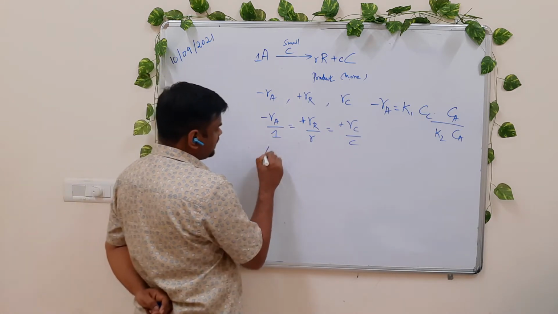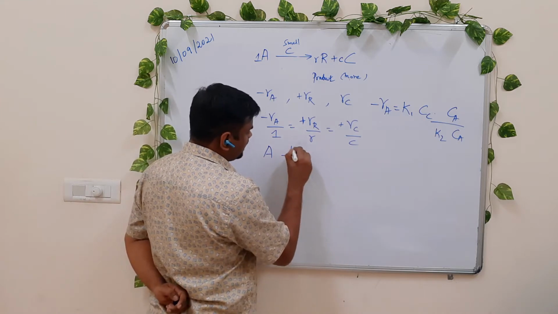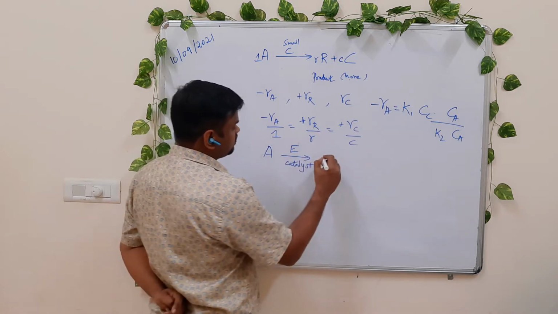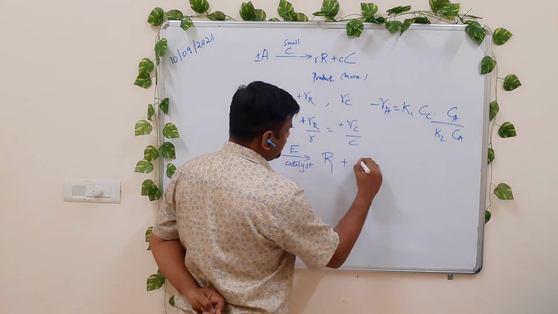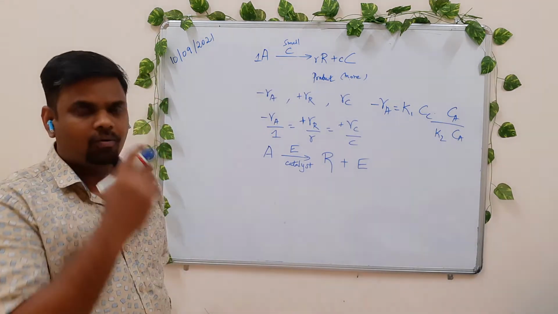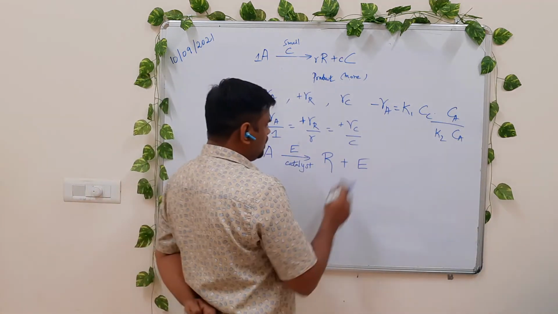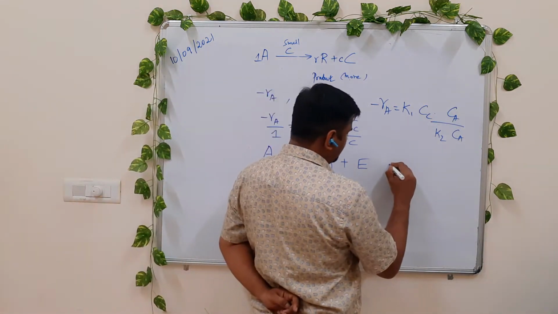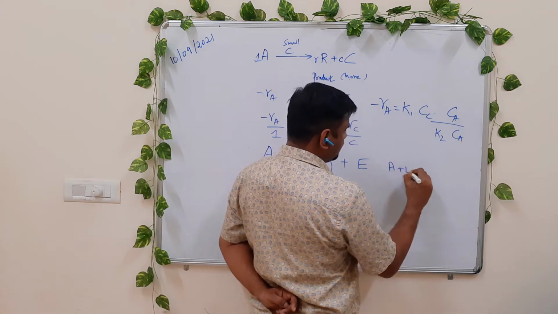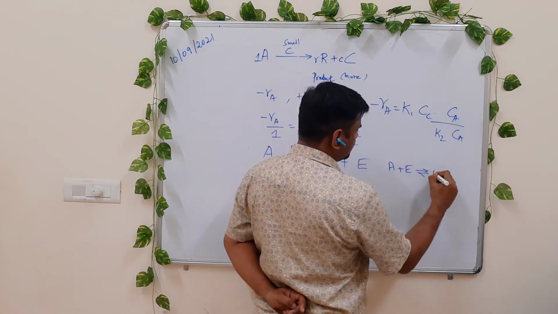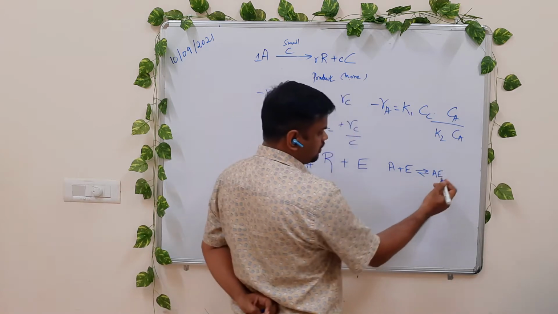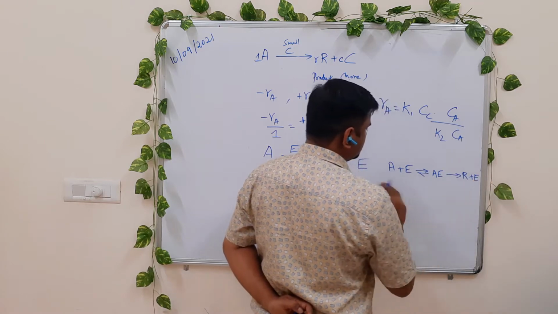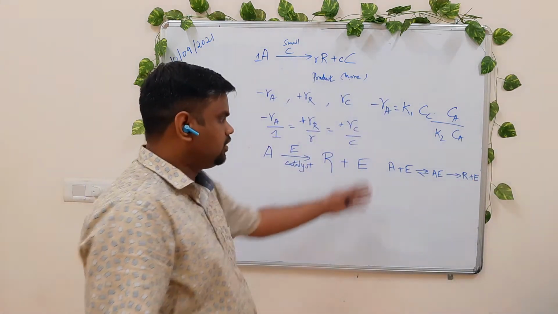Whereas if it is an enzyme catalyzed reaction, where the enzyme is acting like a catalyst, what we are going to have is A plus E giving you R plus E. So this is the overall reaction. The reaction kinetics may be like this: A plus E will form some AE intermediate molecule, which may further react to form product R plus E. This is going to be the rate equation which we are going to discuss later.